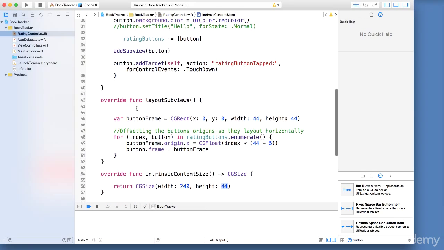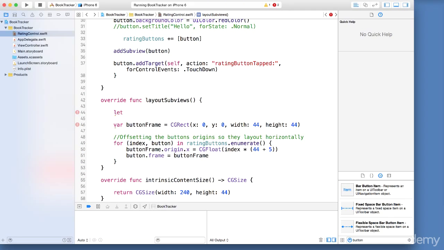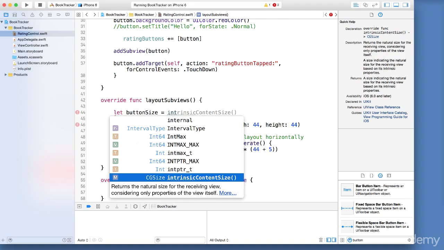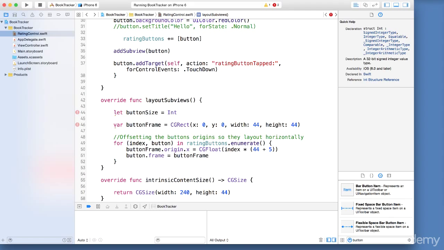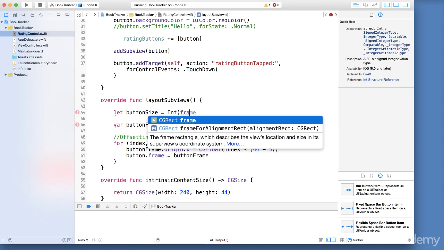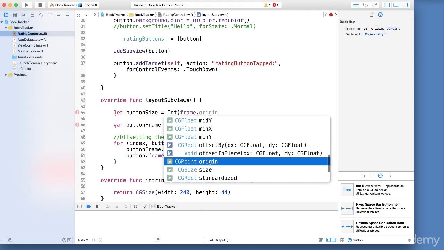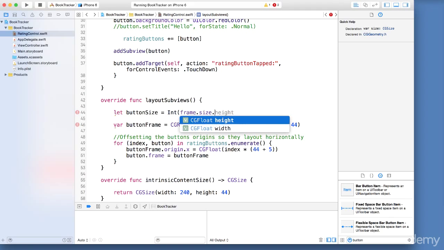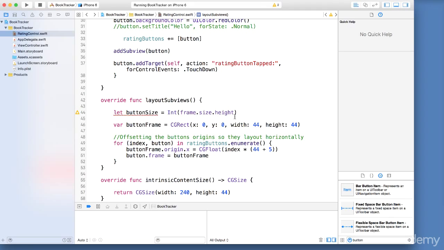So what we can do now is go inside of our layout subviews. I'm going to create a variable, let buttonSize be equal to Int, because we want this to be an integer. Open parentheses, and here we're going to say frame dot size dot height, getting the frame height and assigning it to our button size.